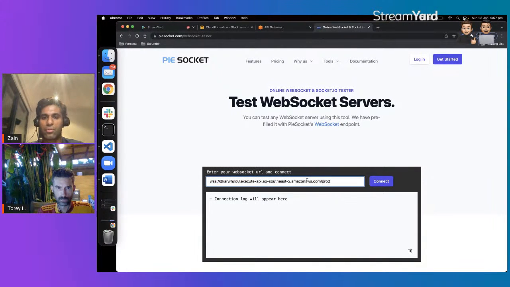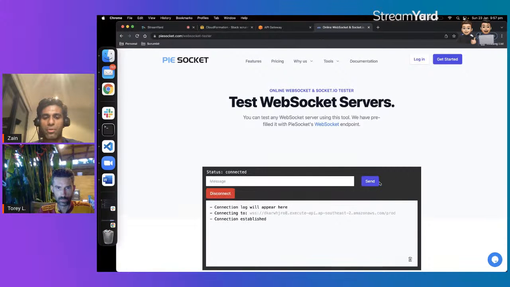Did it? Okay, and then if we send the message action and then default, they should give me back that message from Lambda.